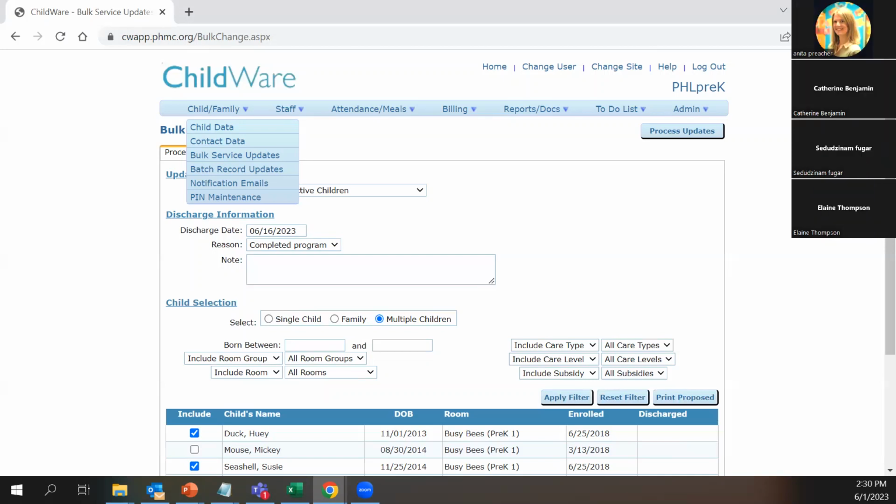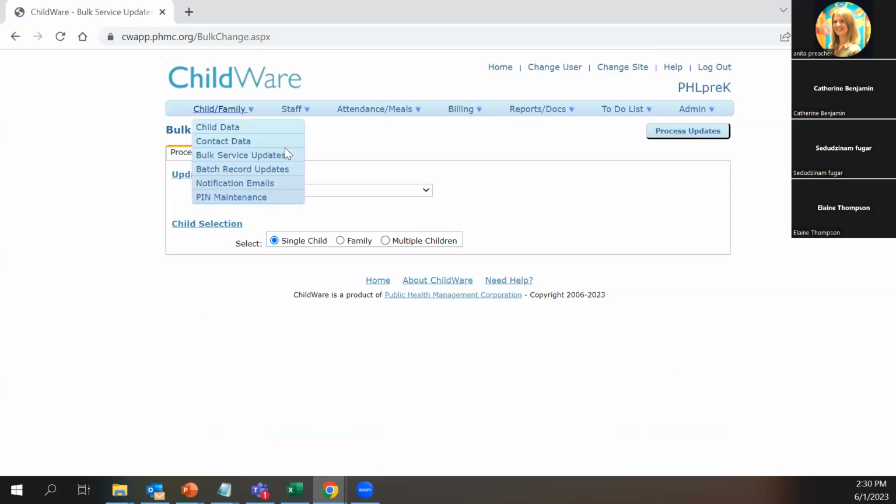Okay, I will check the permissions. It may be universal, it may have something to do with the system being down, but I will take a look at that if you are all reporting that you can't see it. Probably universal across the system, so I'll take a look at those permissions this afternoon so you can